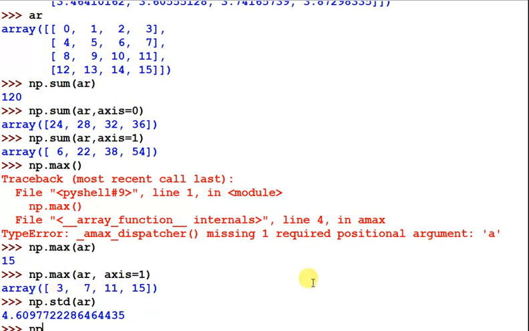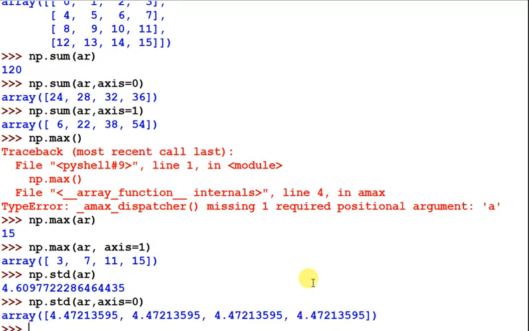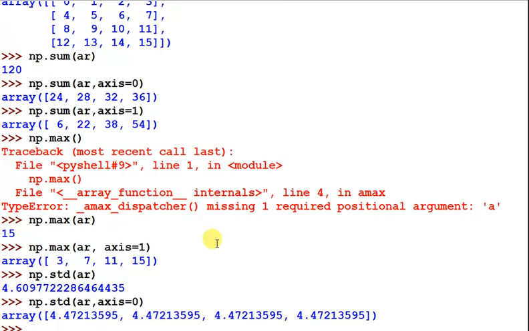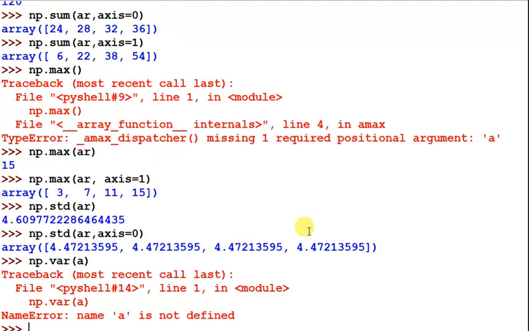If you want the standard deviation along a specific axis, and I pass axis equals 0, it returns a set of array elements, the standard deviation of the first row, second row, third row, and fourth row.